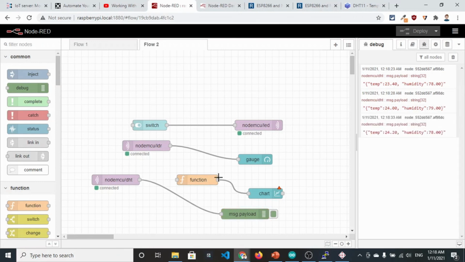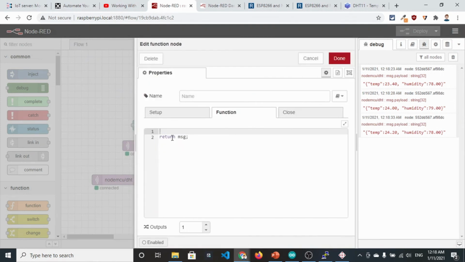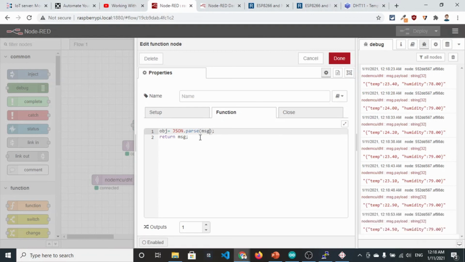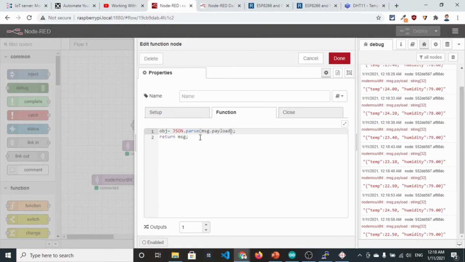We want to first parse it. So you can easily write a function here to parse it. You are familiar with a function called JSON.parse, and inside it we will pass the JSON string. Here the JSON string will be msg.payload. And the value should be returned in the payload variable.